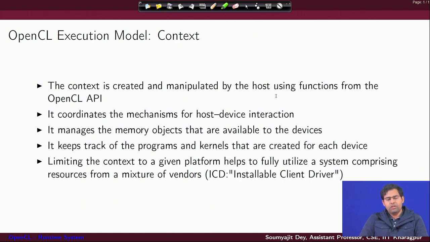A context is something that gets created by the OpenCL API. Essentially, you have to write a suitable host program and call suitable functions from the underlying OpenCL API through which you actually create the context. It is useful primarily for executing the kernels, getting their results back from the devices, using those devices for executing more kernels in other devices, and all that.